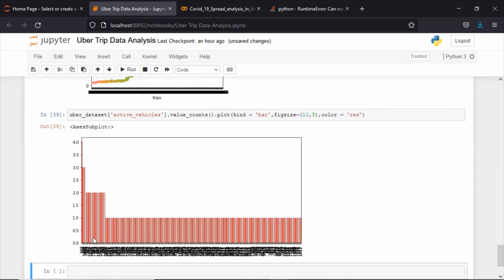So it is just showing me all the data. The value_counts function is just counting the values on every row in this column.